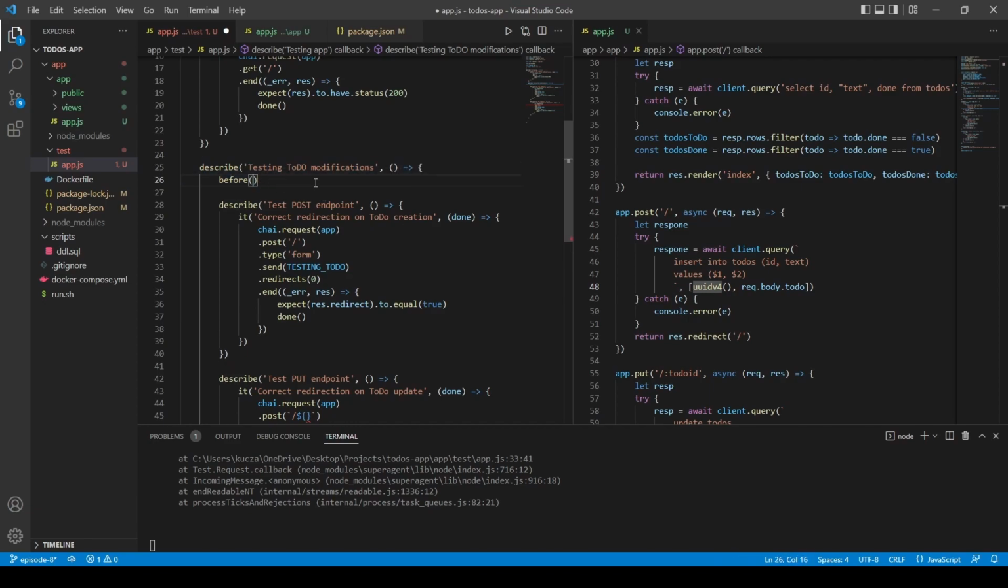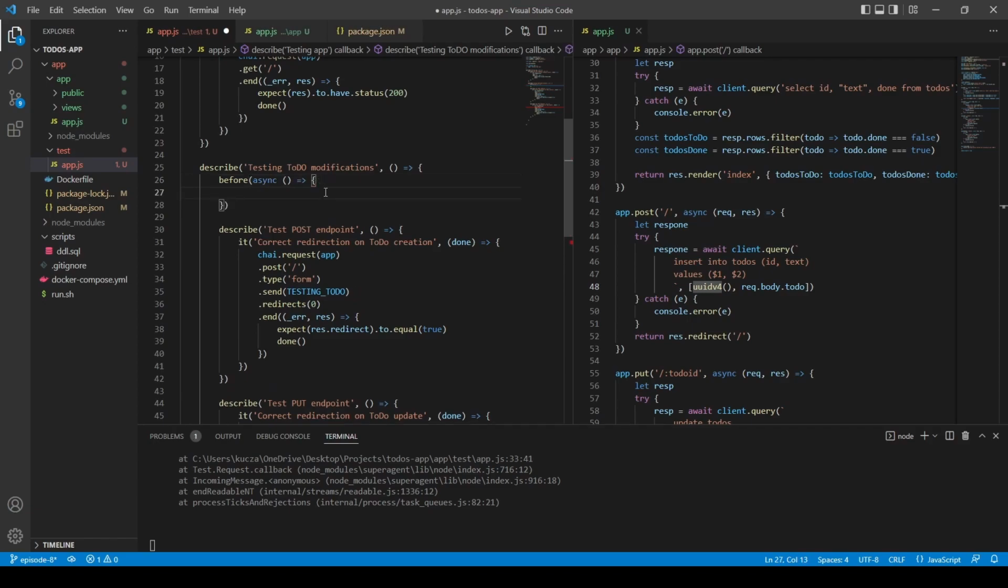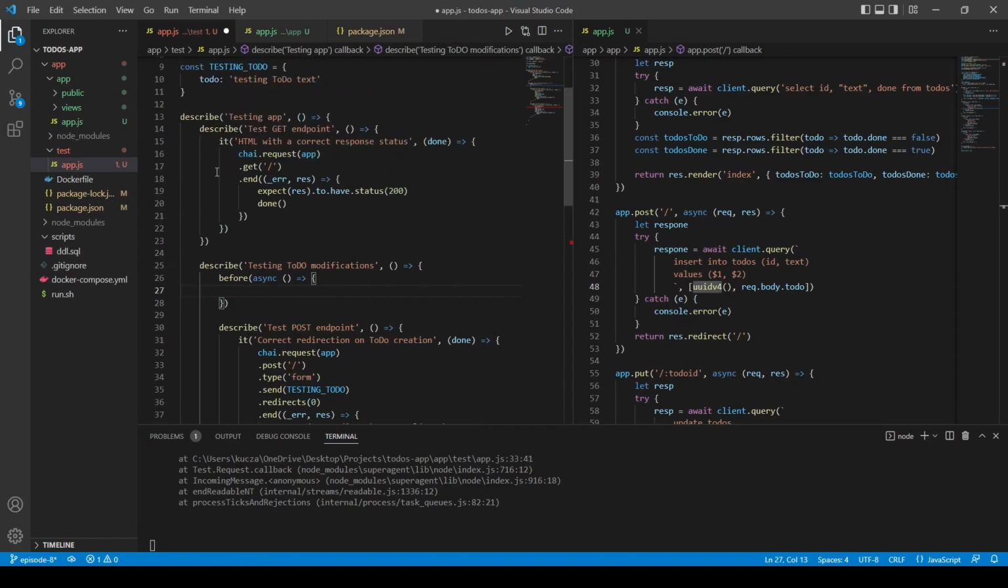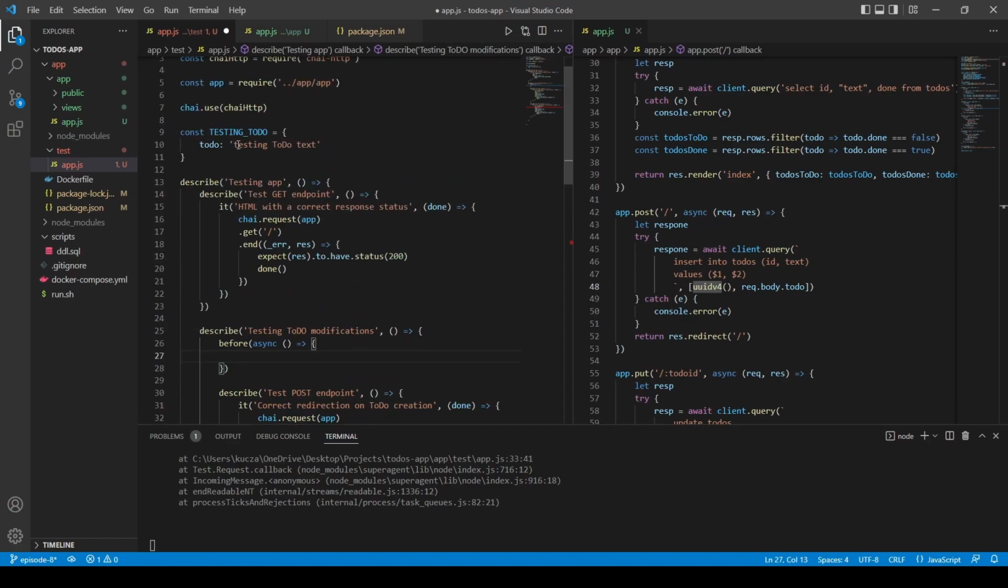You also have after, before each, and after each if you wanted to use that, but I think Chai and Mocha in general have a very nice documentation. You can easily look up with tons of examples how you can do it. So here what we want to do is look up the ID of our testing to-do when it was added to the database. What we need to do in order to be able to do that is look up the ID